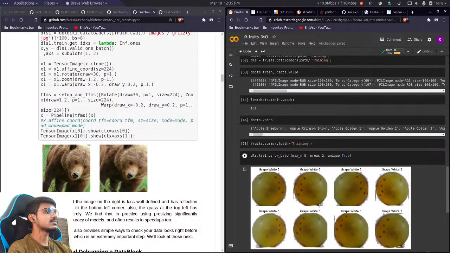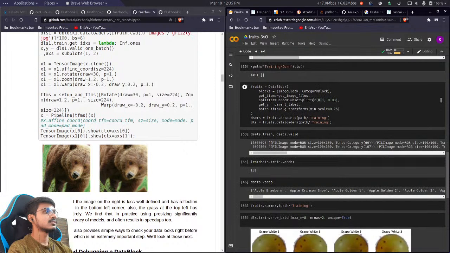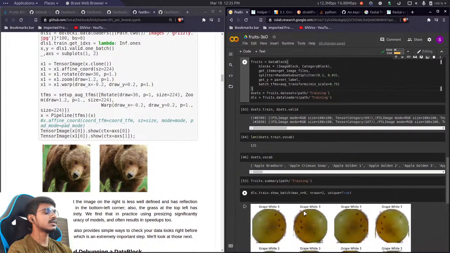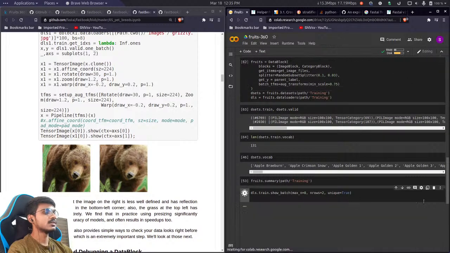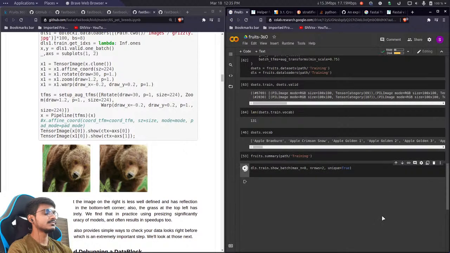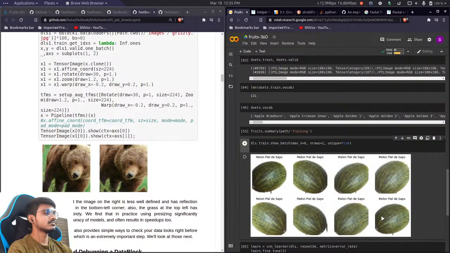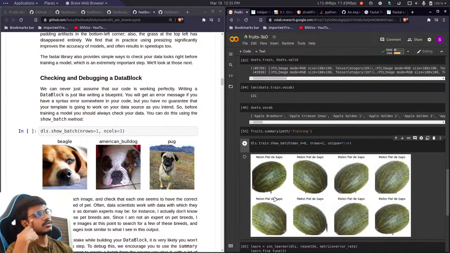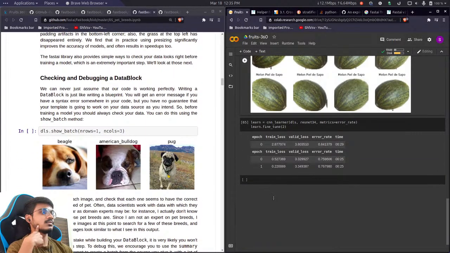Now let's see what are the things we can do. We are doing the augmentation transform. Let's check the dataset. Do we need to augment it? Well, it's all right if we augment it. It's okay. Now let's try to use